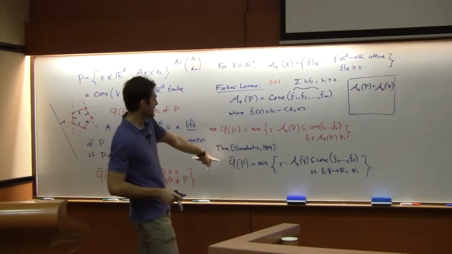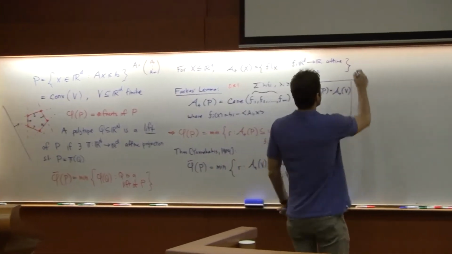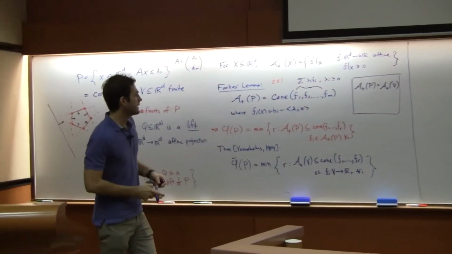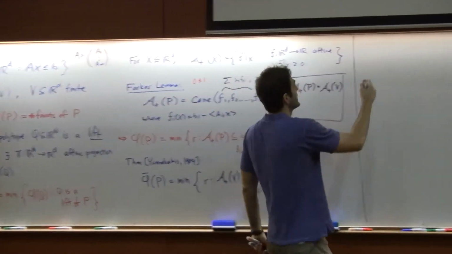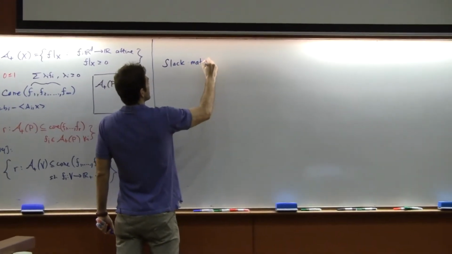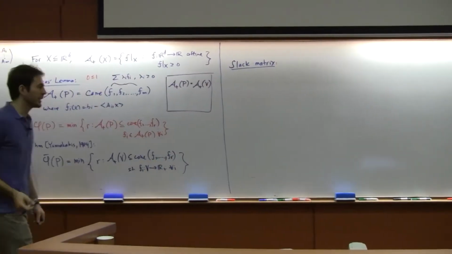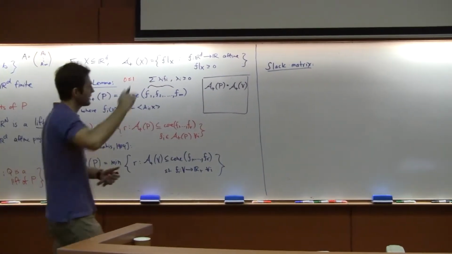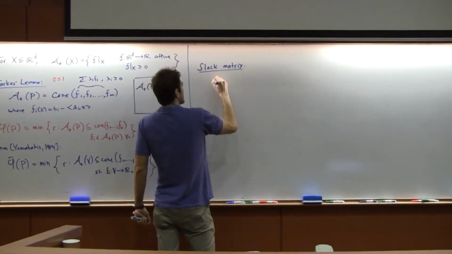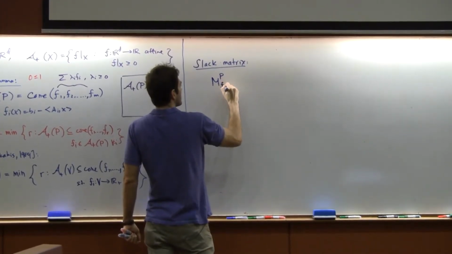But now let me just say how this connects to what Reka said yesterday. To this matrix P, now we can associate, to this polytope P, we can associate a matrix. And actually, the way I'm doing it now, it's going to be even a universal matrix. There will be a degree of freedom, I guess, in which you can compute the rows. But let's define this slack matrix for P as